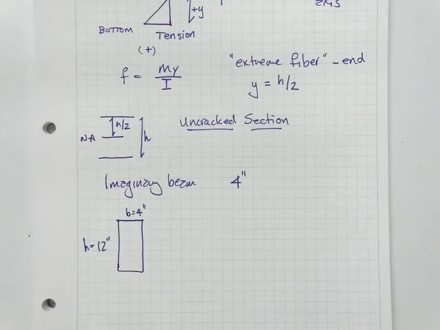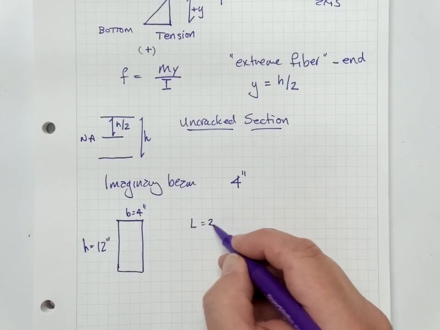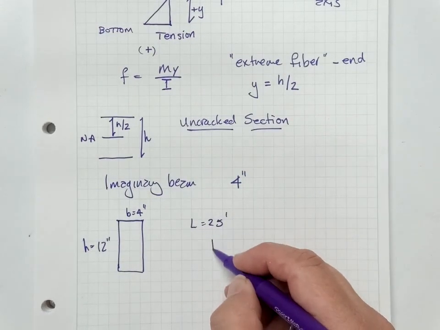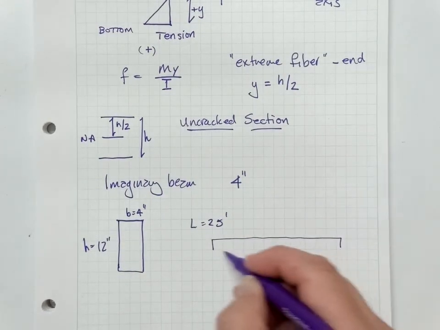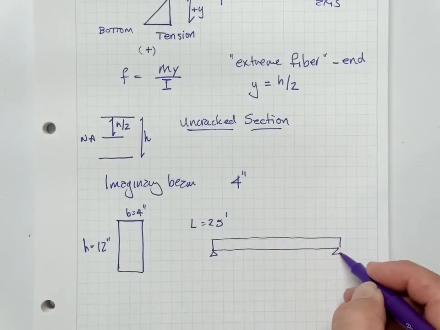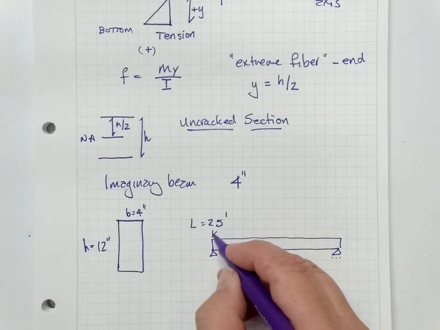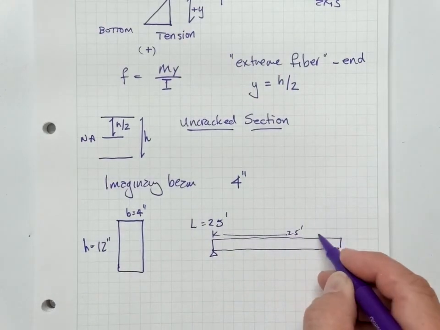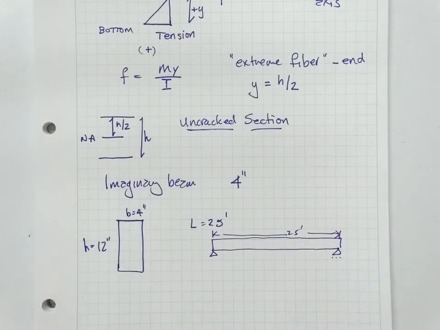How far a distance should it go? 25 feet? Reasonable number? So our span is equal to 25 feet. And we're going to have that beam spanning, simply supported. Would the beam just